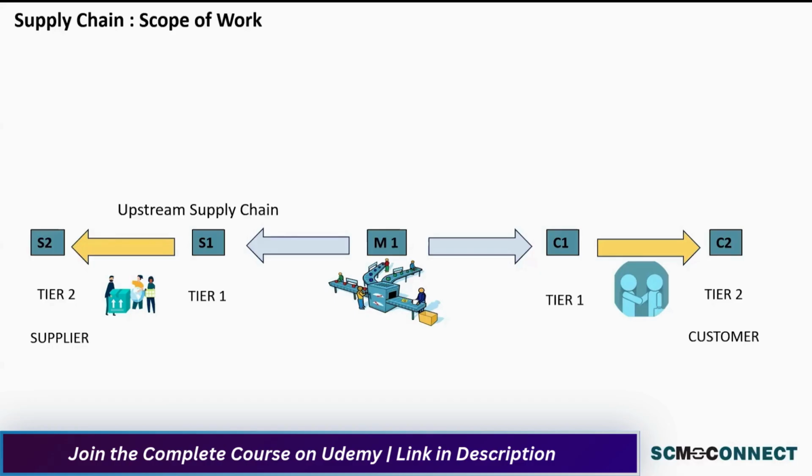Right? Manufacturers say as you go towards the left, towards the suppliers, there is this technical term which is called upstream supply chain. And as you move towards the customers, it's called downstream supply chain. So you'll keep on hearing these words very, very often: upstream supply chain and downstream supply chain. From a manufacturing point of view, if you move towards suppliers and manage that part of the supply chain, it's called upstream supply chain. The moment you go and manage towards the customers, it's called downstream supply chain.